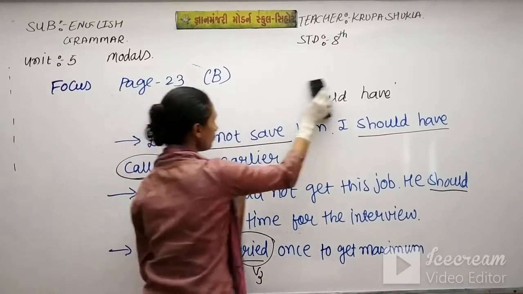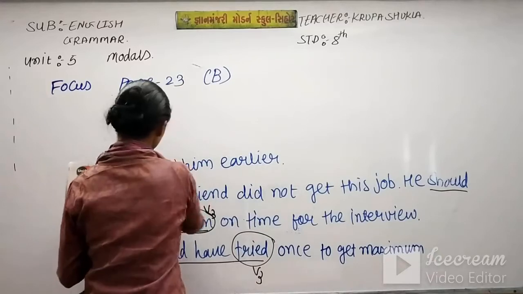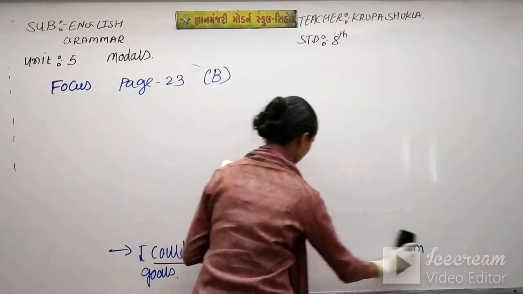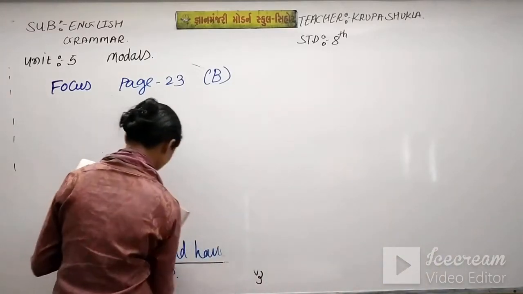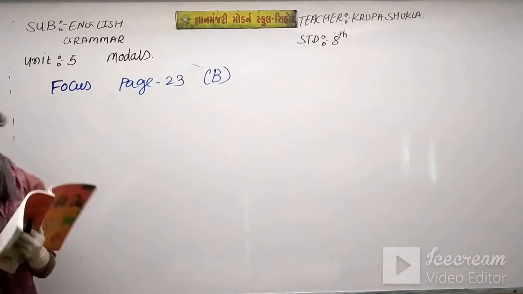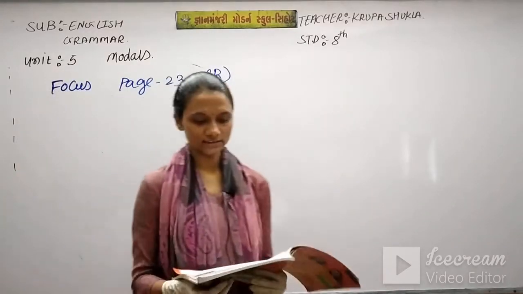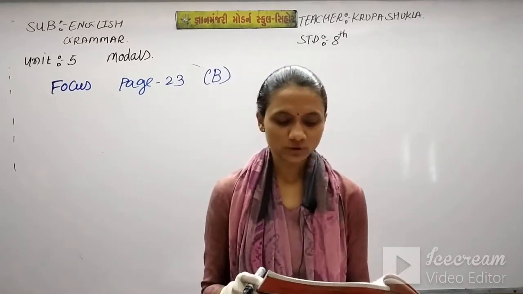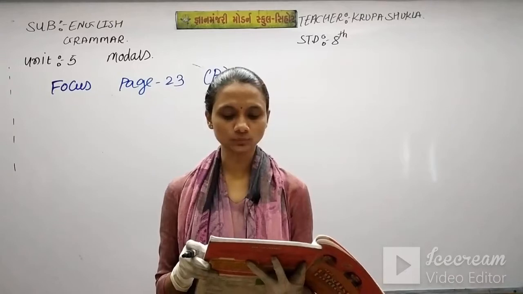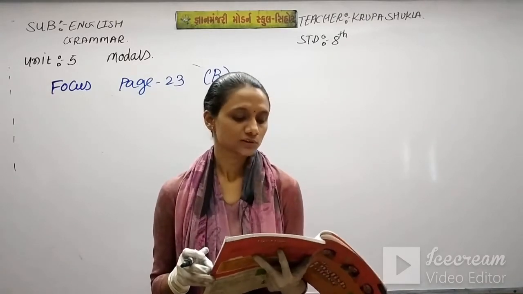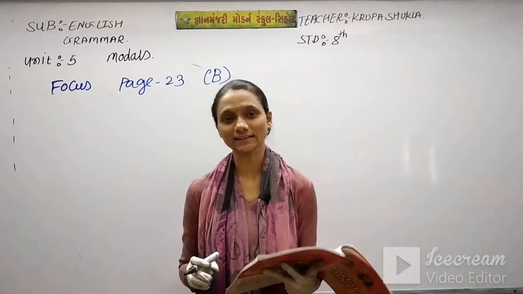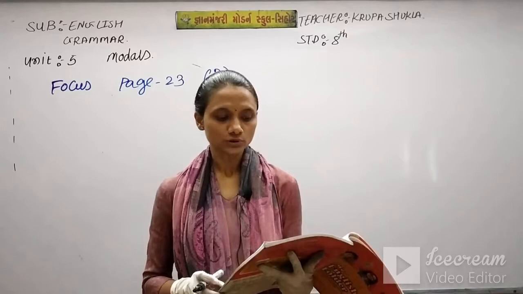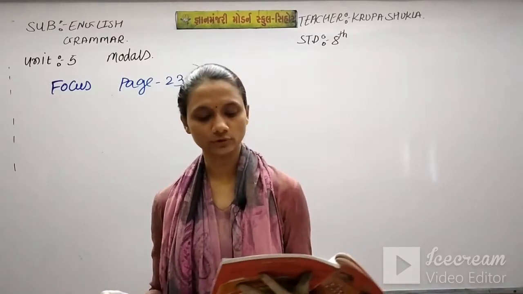Okay, students, now we'll go for focus exercise B. What is this about? Fill in the blanks with could have, couldn't have, should have, shouldn't have. Okay, first is: the accident was tragic. Those children blank jumped into the sea for a swim. So the first blank was about the accident. Somewhere an accident happened and that accident was very tragic. So those children blank jumped into the sea for a swim.